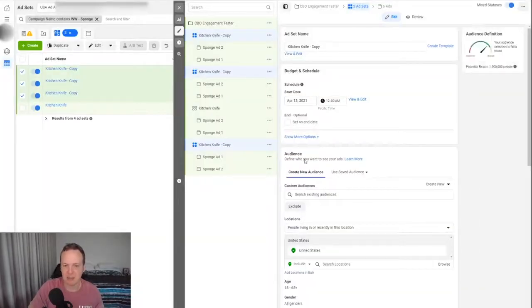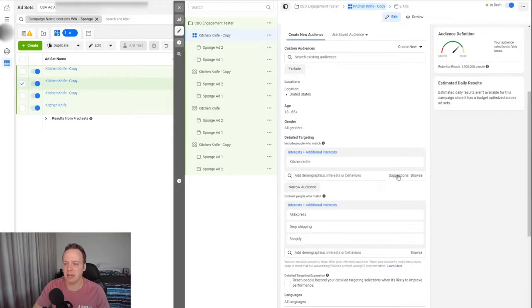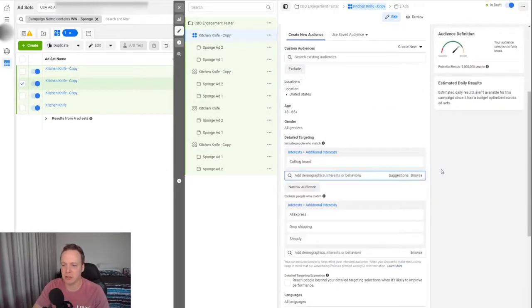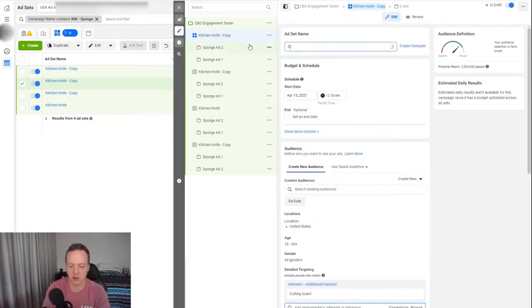It will take just a moment. And now we're basically all good to go. The only thing we have to do now is change the interest. So let's say we wanted to target something other than kitchen knife. Let's say we want to target cutting boards. So I would put the cutting board in there, get rid of kitchen knife, and up the top, write cutting